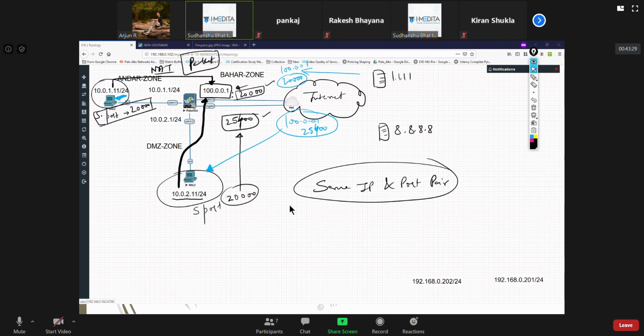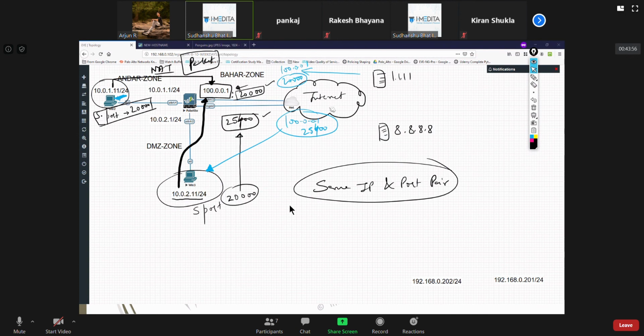Palo Alto is also doing PAT, and then for this physical network, my home router is also doing PAT. Both take care of their own NAT tables.